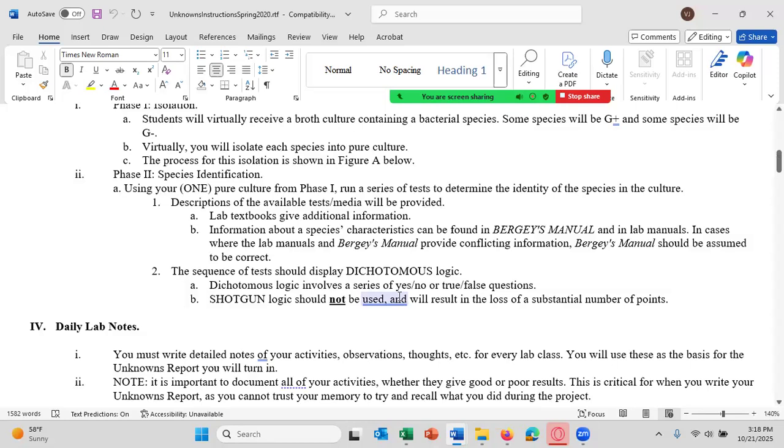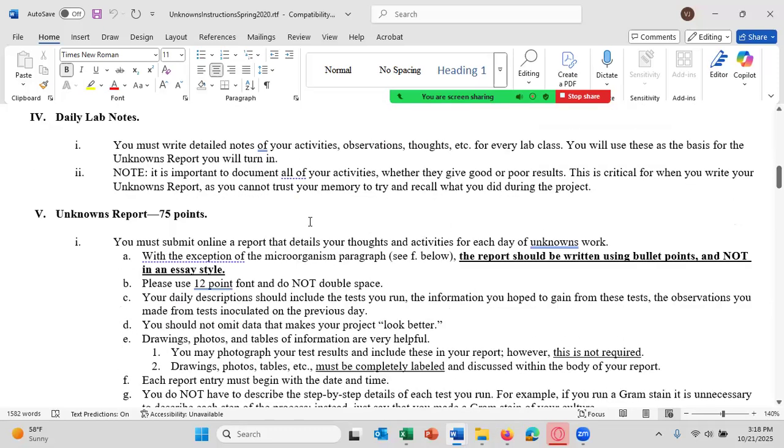And then get your results and make your conclusions, your interpretation of the results, write it up in your unknown notes page, and then request the next test using dichotomous logic. And how you do that is your daily unknown notes page. You should write all of your lab notes in your unknown notes pages. If you write your unknown notes page formally, meaning with formal writing and formal wording, and you put all of your unknown notes